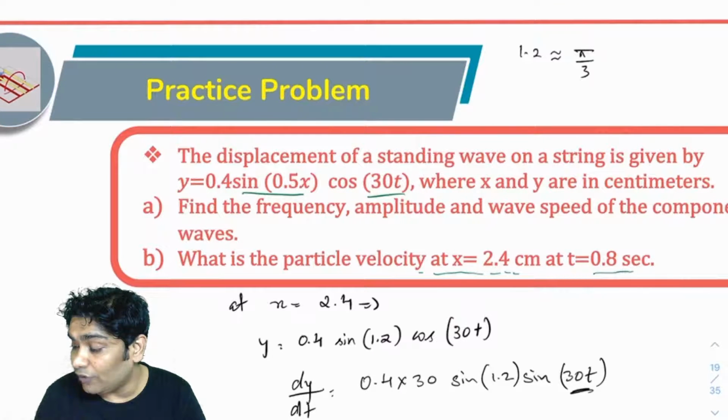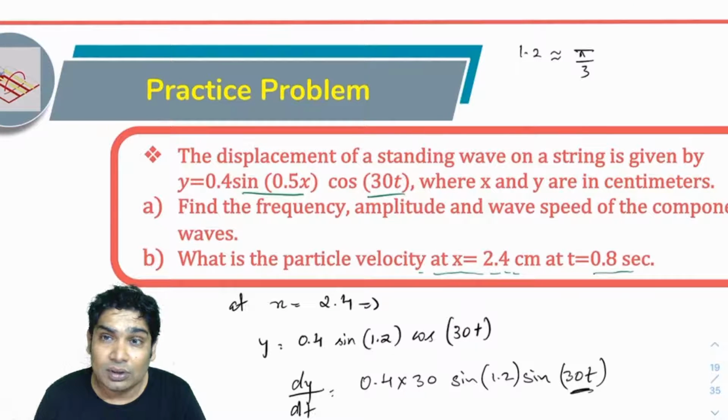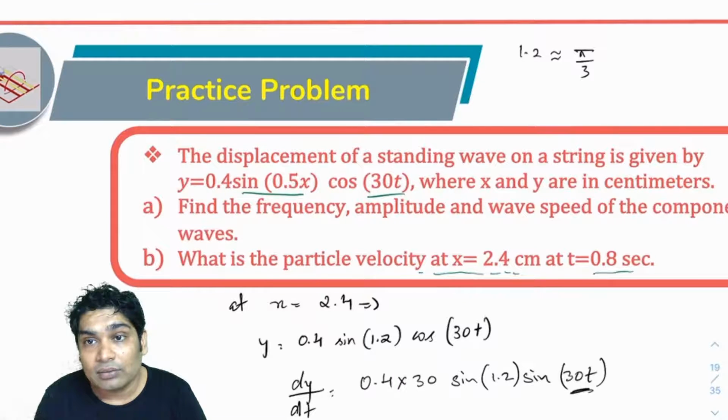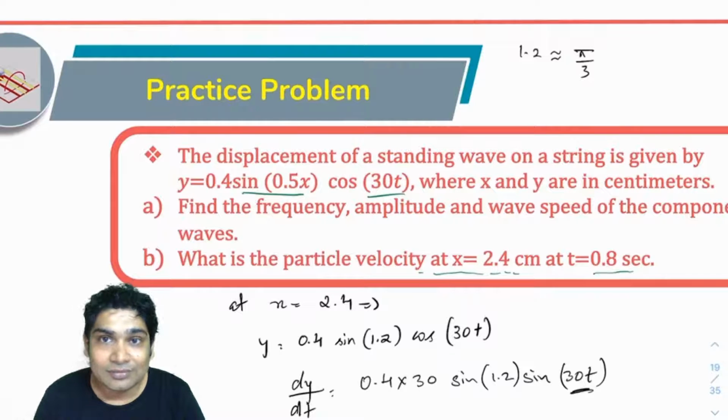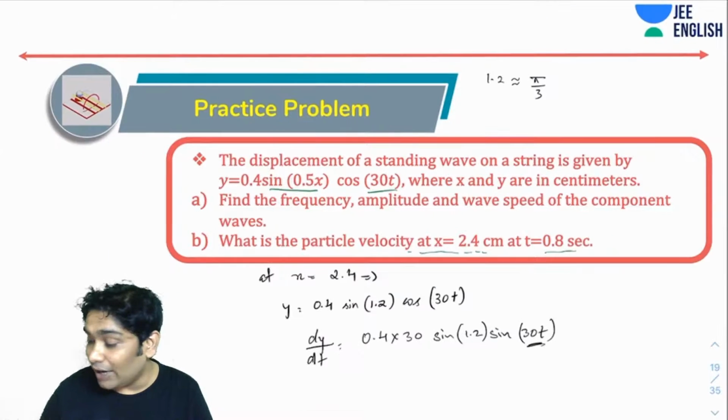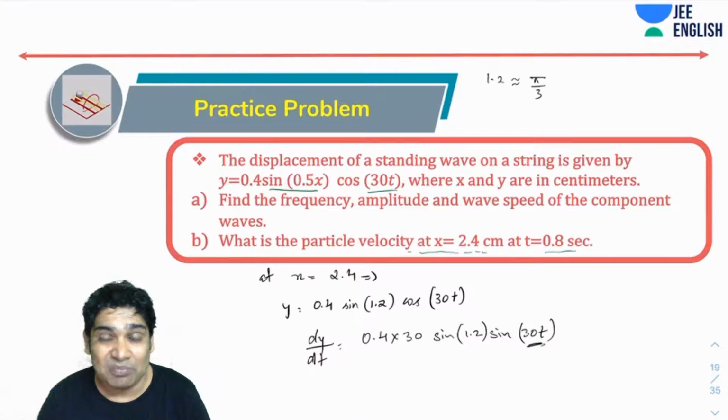This is coming 2.4. So 1.2, 2.4. Okay. There must be something similar about them. That is why they gave you such values. I don't remember any such values, but maybe there is something to these values. Okay, so that is how you will finally find the answer.